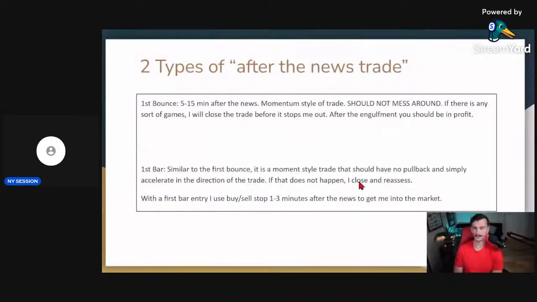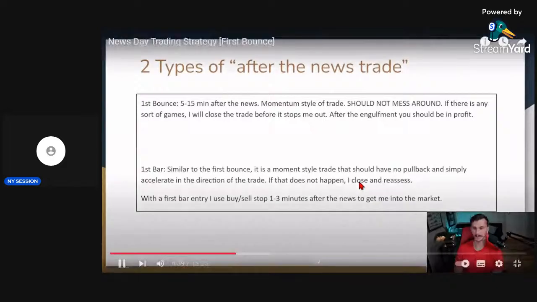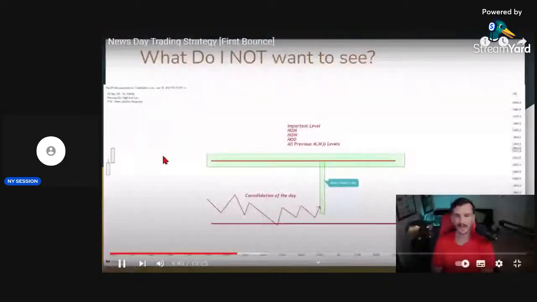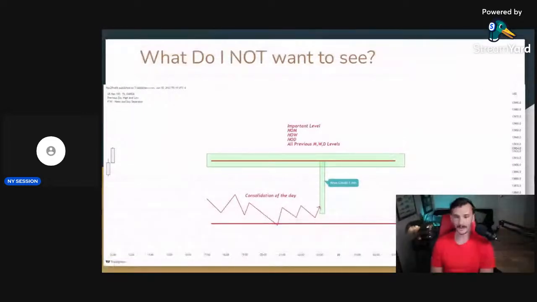I'm going to start off with these super fancy pre-K kindergarten style of pictures here, and I'm going to make them relevant with actual charts. This is what I don't want to see. I don't want to see a consolidation within these large levels, and then on the news release, the explosion to just go back